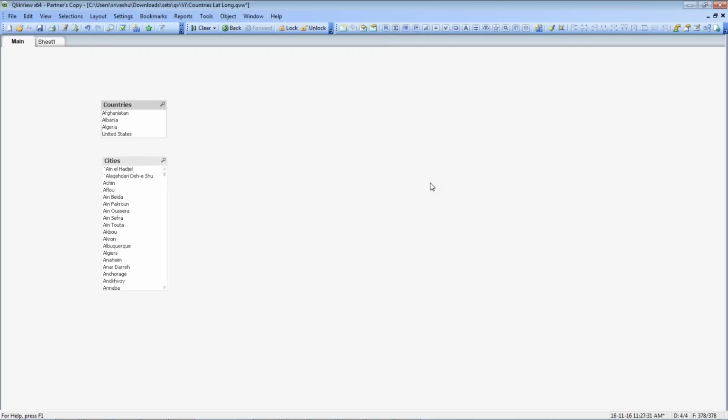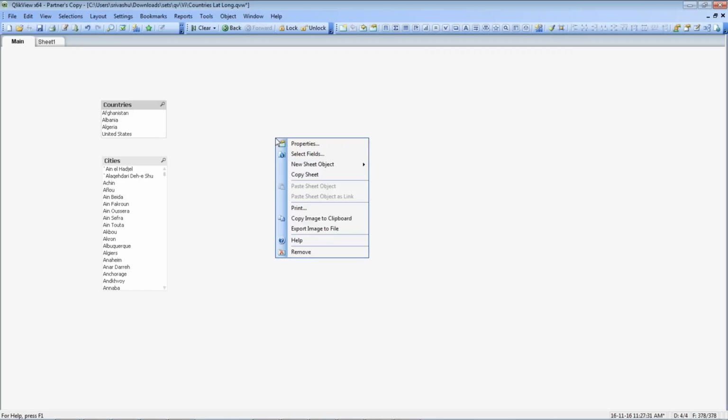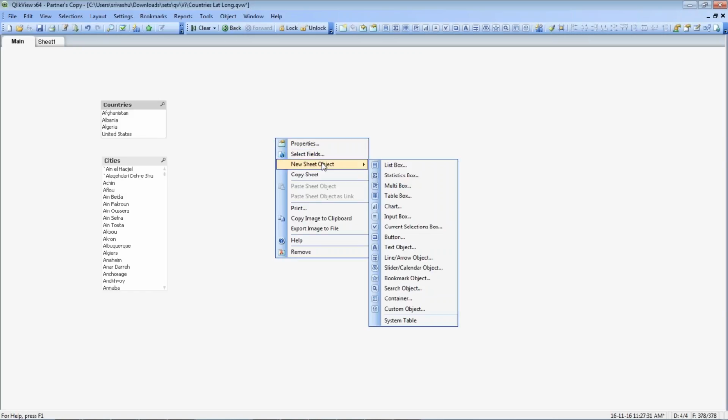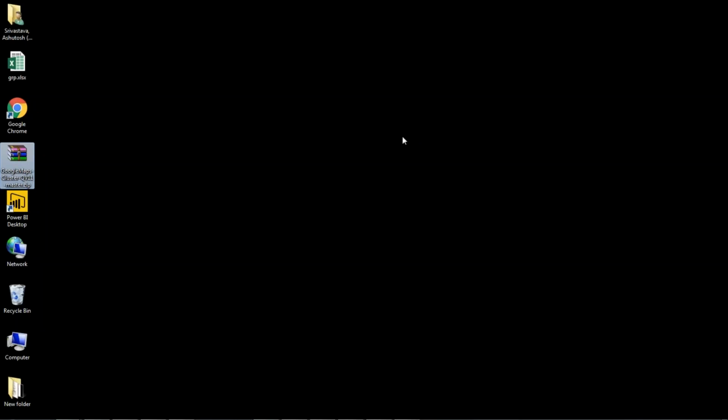In order to have the global map based layout, if you look at the new sheet object list of the visualization elements that we can create, there is none of the options that says global map based layout. So what we are going to do is take the help of an external tool that we would be integrating into QlikView desktop, to show that data from the map based layout. In order to do that, you need to actually download an additional setup called Google